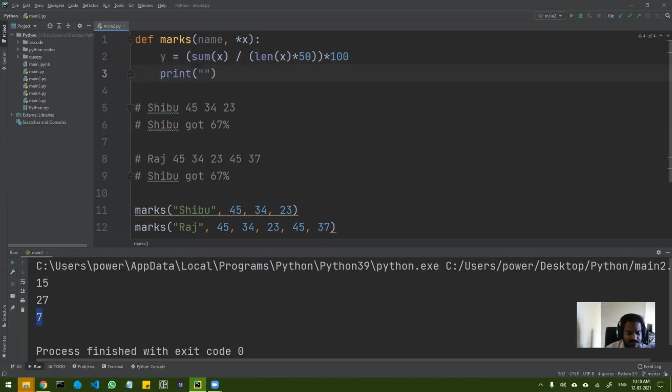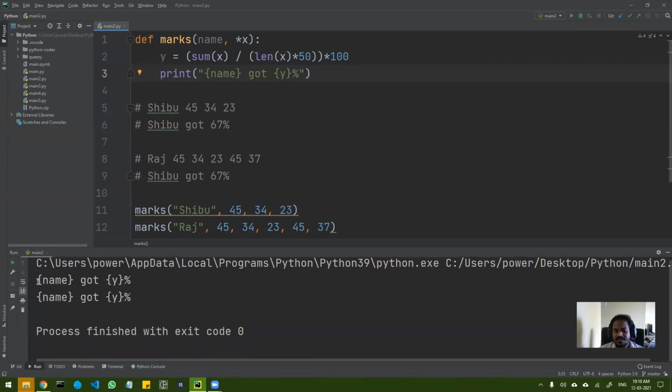So the print is going to be name got y परसेंट। ओके सो ये मैंने फॉर्मेट करके स्ट्रिंग डाल दिया है। अब इसको एक्चुअली डिस्प्ले भी तो करना है, तो उसके लिए मैं कर्ली ब्रेसेस यहाँ पे और y के आजू बाजू में भी कर्ली ब्रेसेस। ओके नाउ इफ आई रन दिस राइट नाउ it will not work because you can see it gives me simply this। okay so f बहुत important है, so I will just put f over here, and if I run this now you get